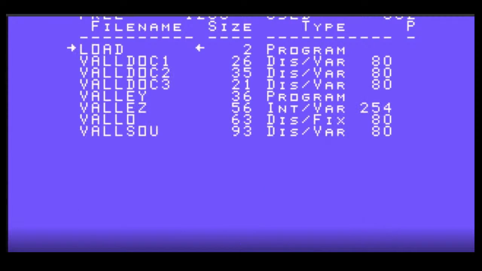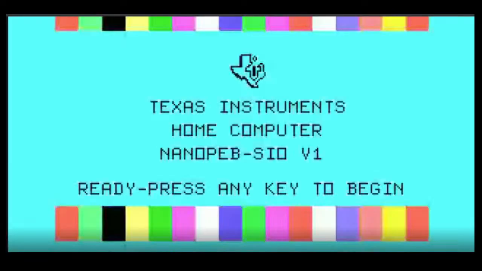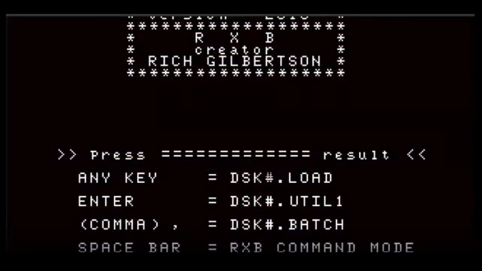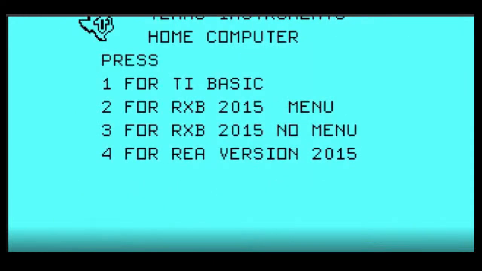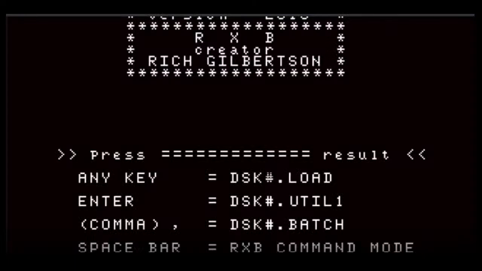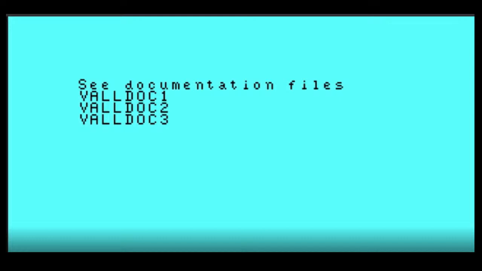As anybody who's watched our activities over the past few years with the compact flash / nano PEB, and also with the FinalGROM, I have so much stuff I've had to create notebooks to figure out what I actually have. This is called Valley Adventure. Let's try running that again. See documentation files, valdoc123.